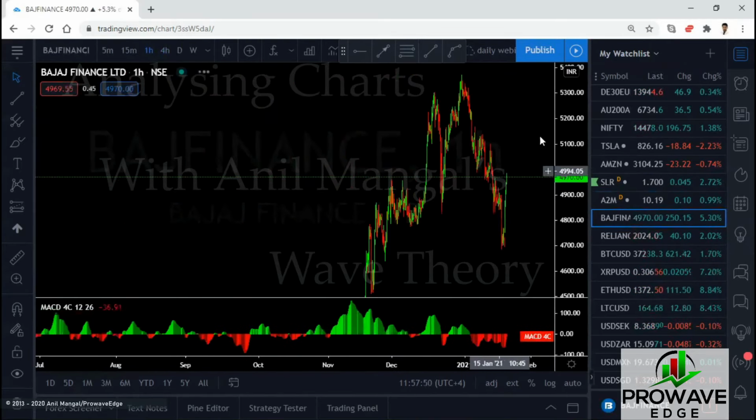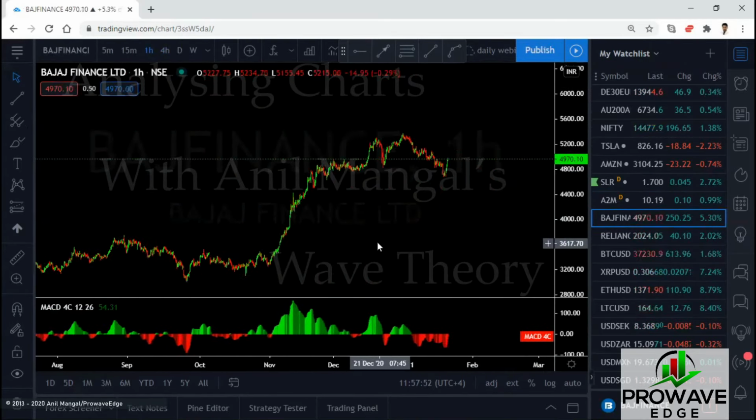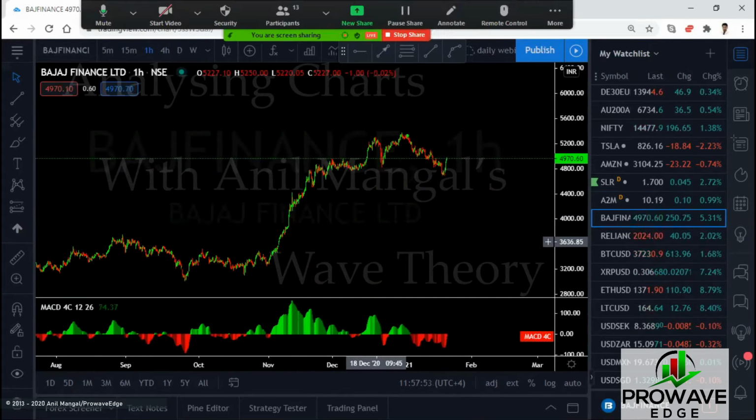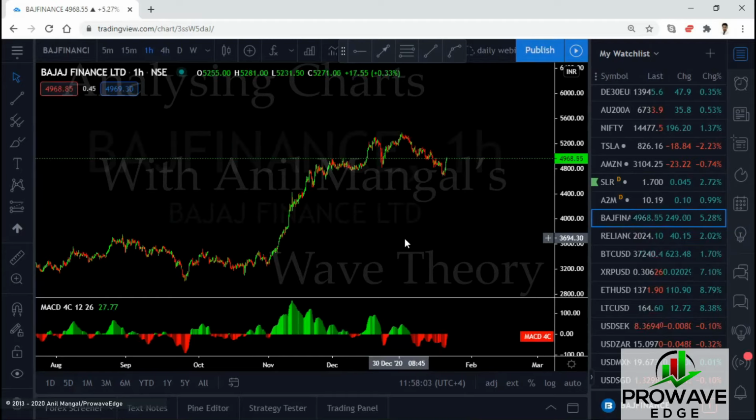This one is going up. So let's see where we are. More upside, you can buy. We were looking for this flat to be a running flat. It turned out it's an expanding flat. So if you get a setup there, buy. It's just an expanding flat or a more complex correction in the making.